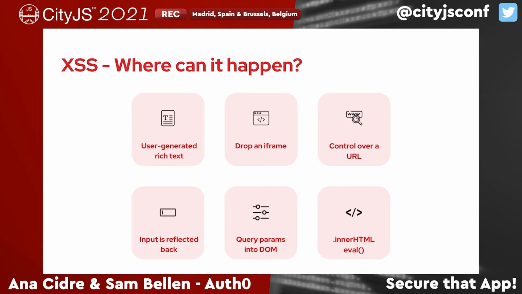So we've seen 3 different types of XSS attacks, and now we're going to see where these attacks can happen and where you need to be careful. It can happen anywhere in your application where you have user-generated rich text, where you can drop an iframe somewhere or put an object somewhere, anywhere a user has control over a URL, anywhere the user input is reflected back, like we saw before, query params rendered into the DOM, and .innerHTML or eval,